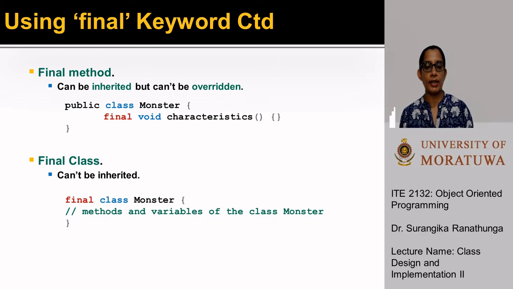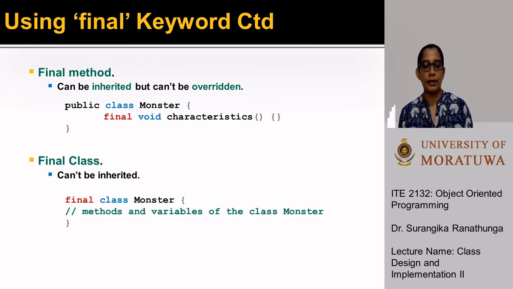That means we can create objects from the monster class, although we cannot have subclasses for the monster class. So this concept is different from abstract classes. Don't get confused. In the abstract class, we can't make an object from an abstract class, but a subclass can extend the abstract class. In the final class, we can of course create objects from that final class, but we cannot